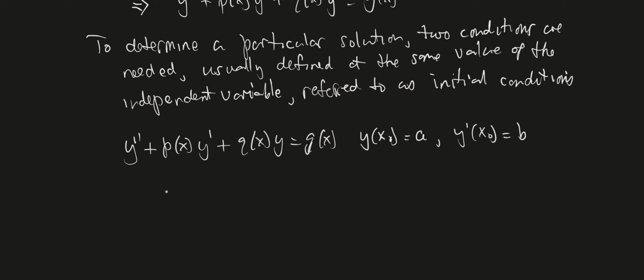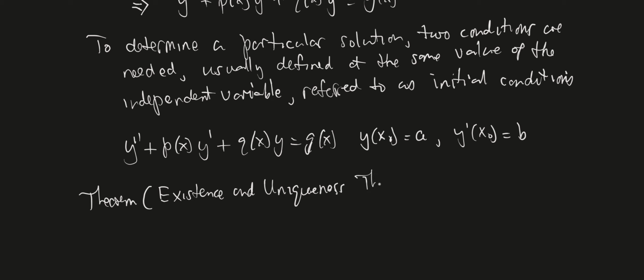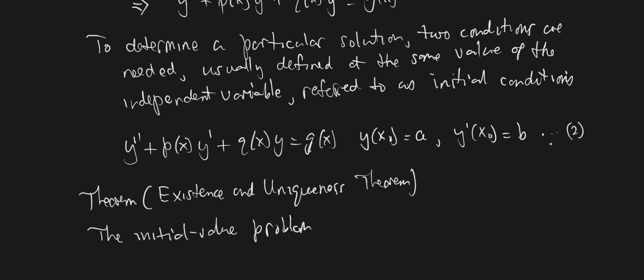So the theorem we're going to state now is going to give us a guarantee as to when this initial value problem has one and only one solution. So here is our theorem, the existence and uniqueness theorem. We saw one for the first order. Here's another one for the second order. I'm going to refer to this as 2. The initial value problem given in 2 is guaranteed to have a unique solution